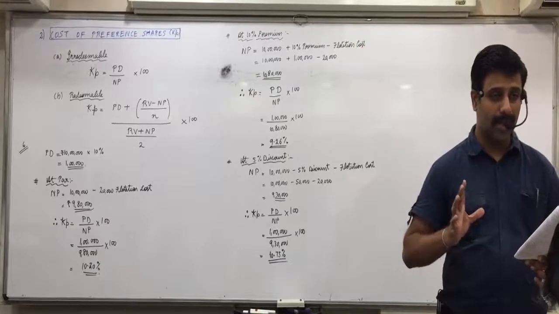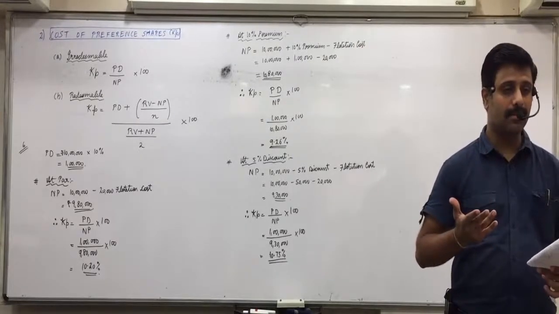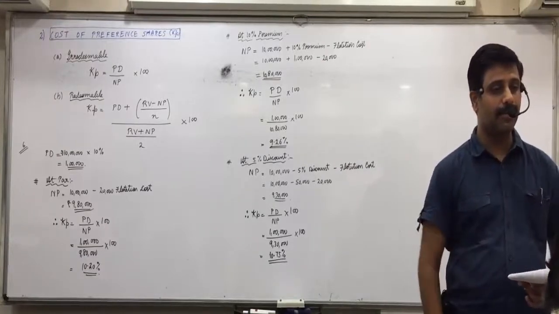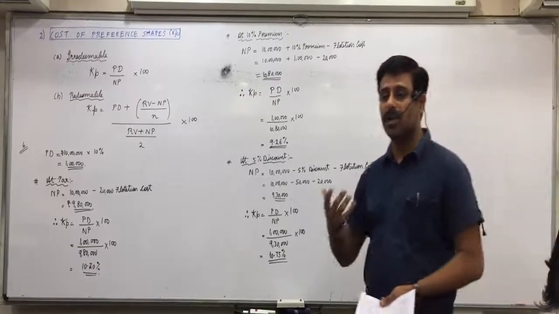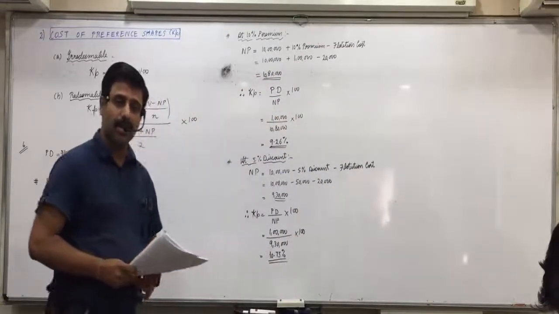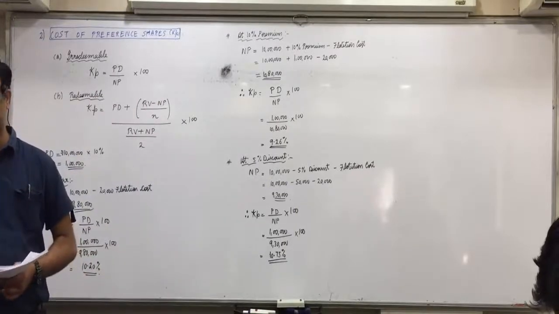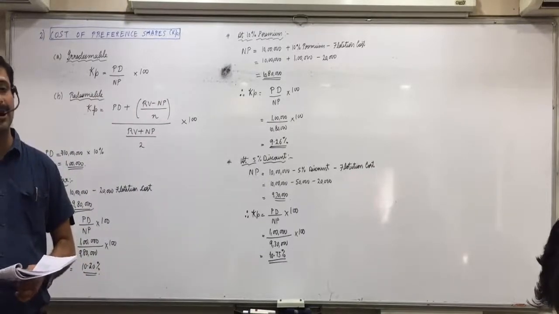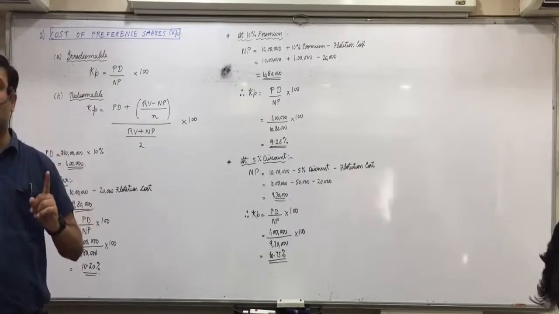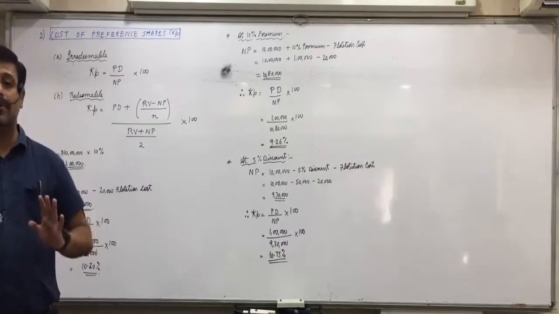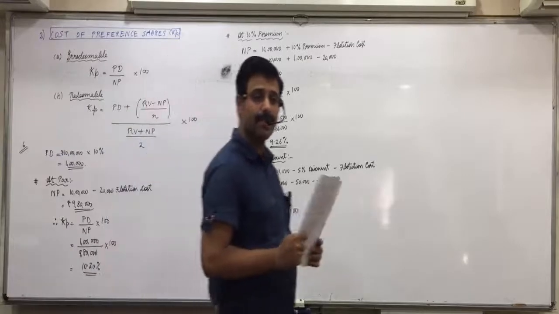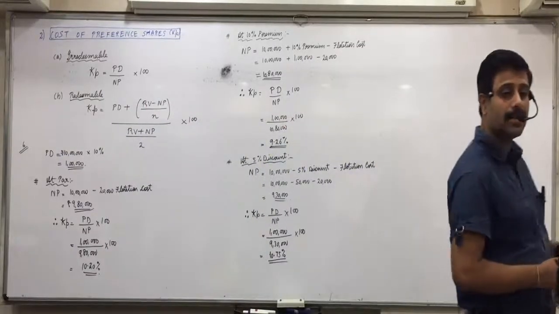Issued at par, that will give you net proceeds. Redeemable at par, that will give you redemption value. At the time of issue, we have flotation cost also. So net proceeds are 10 lakh minus 20,000, 9 lakh 80,000. But redemption is to be done at par, which means we have to repay 10 lakh rupees. So redemption value is 10 lakhs. Flotation cost will be subtracted only in net proceeds. For redemption value, flotation cost will have no relevance. Did everyone understand this? Anyone having any confusion?